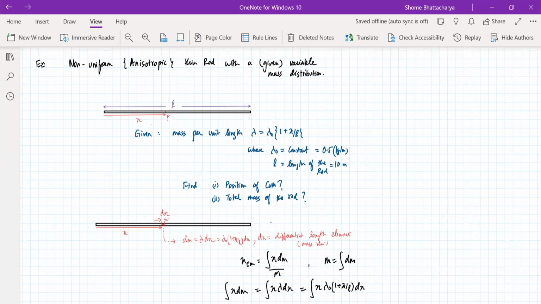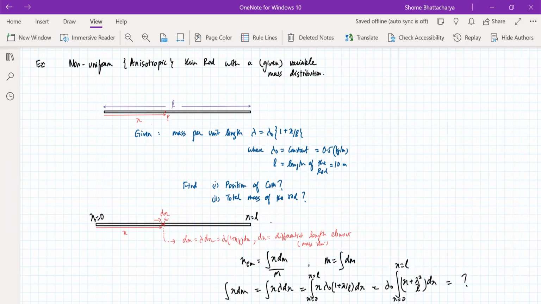Okay. And it is all the way from x equal to 0 to x equal to L, because this end here is x equal to 0 and this end here is x equal to L. So I'm setting up the integration. Okay, so it becomes x plus x square by L. I want all of you to calculate this integration and tell me how much this will come out to be.